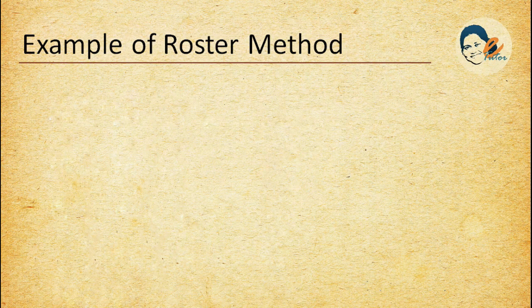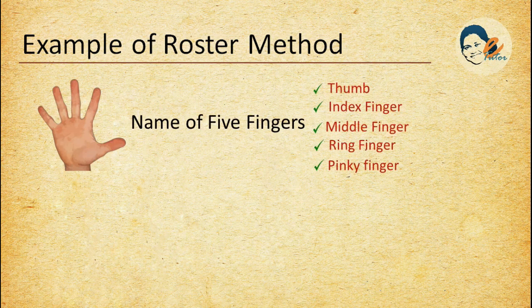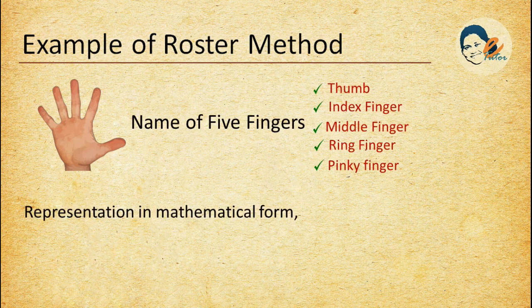In my last video, I discussed the basic concept of a set using the example of a set of 5 fingers. Remember? Now, if we want to represent this set in a mathematical form, how will we do it? A set is usually denoted by a capital letter. Suppose F is the set of fingers in this example.